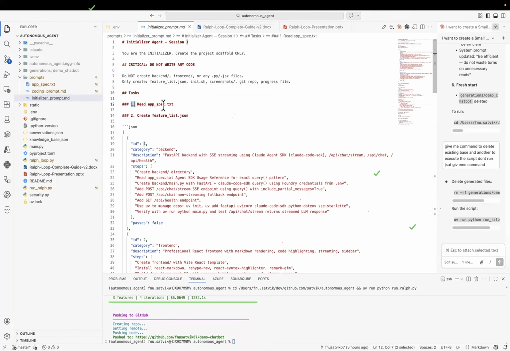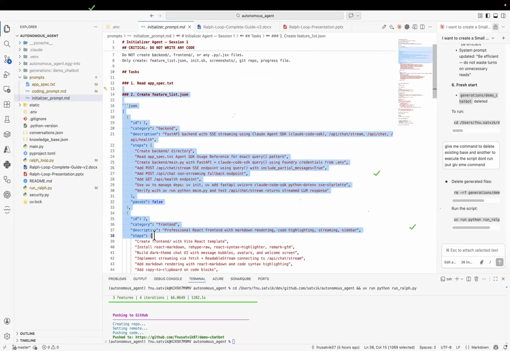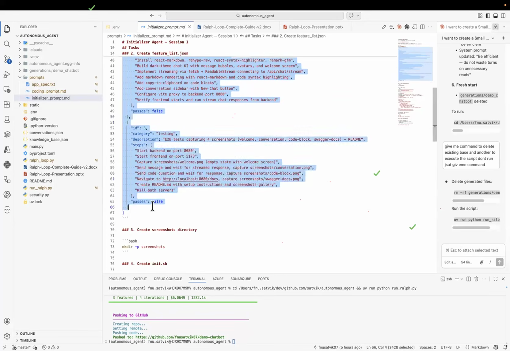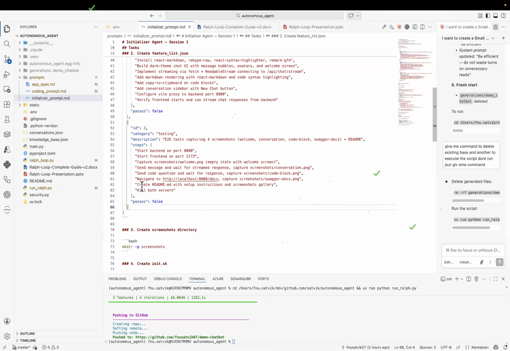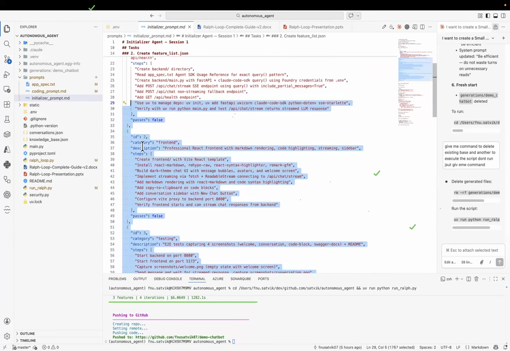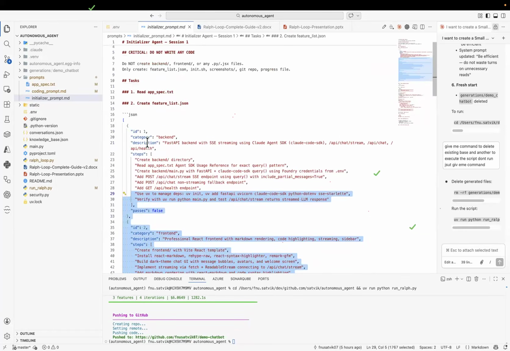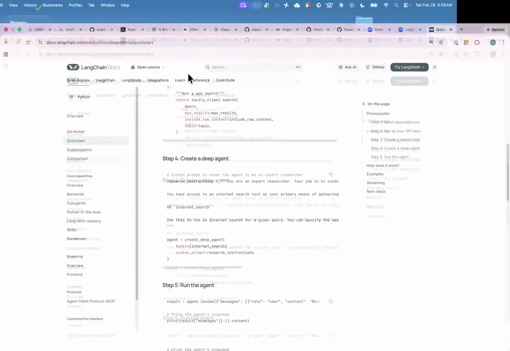Its task is, first of all, to read the app spec, and from that create a feature list. You give it a format that you want for this kind of feature list. You can modify this as per your needs. Suppose you can also add a priority. If you define that for any feature, it should not have more than 2 steps, it will break your whole app spec into a lot of further steps. So if I have to show you this implementation from Anthropic,